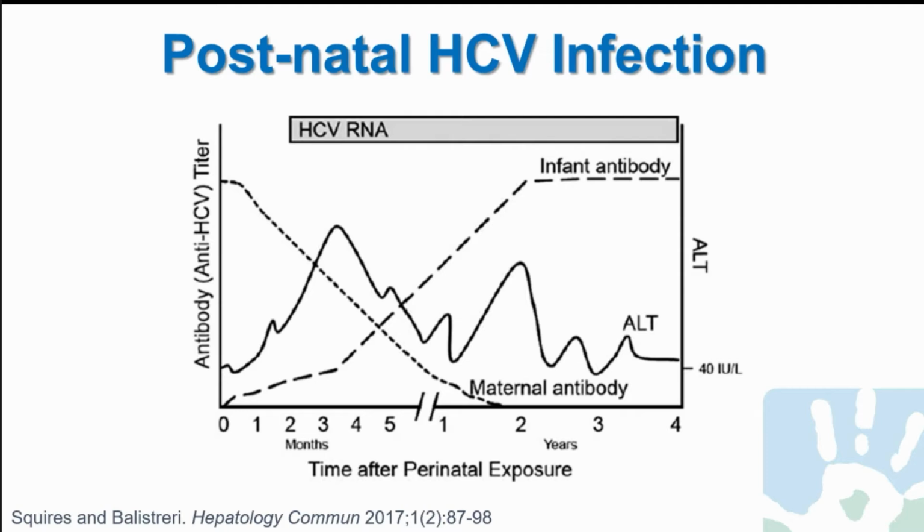In those individuals who are in fact infected, RNA can be detected somewhere between 1 and 2 months of age and will then remain persistent during their time of infection. And their ALT level will wax and wane, and elevation tends to be mildly elevated in children, although it may be more elevated earlier on, and that is denoted by the wiggly line of ALT